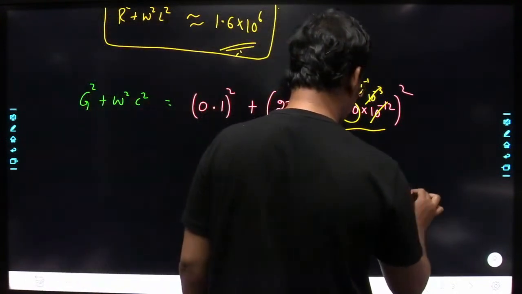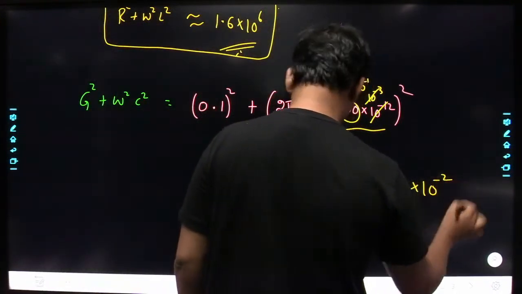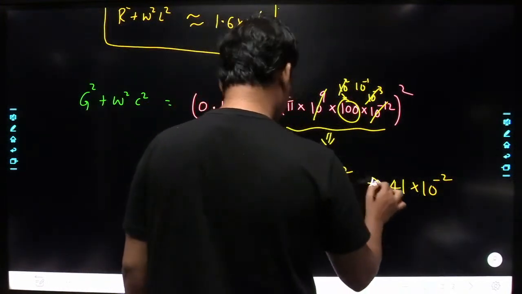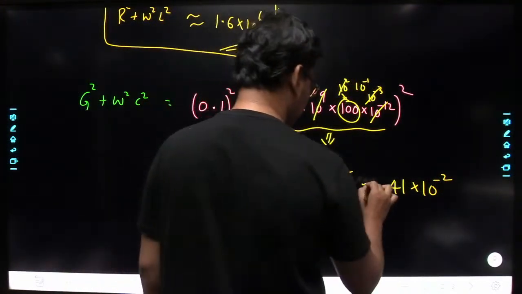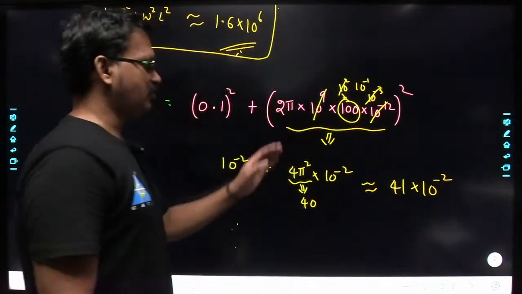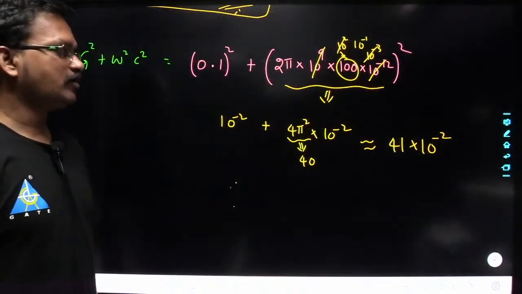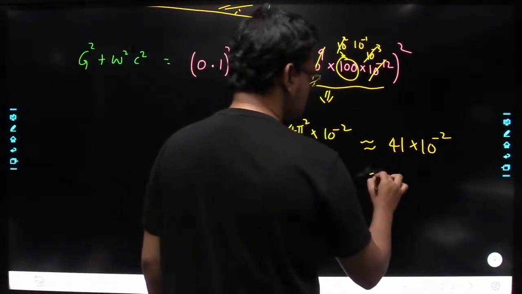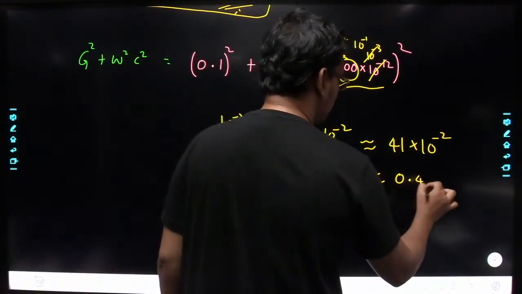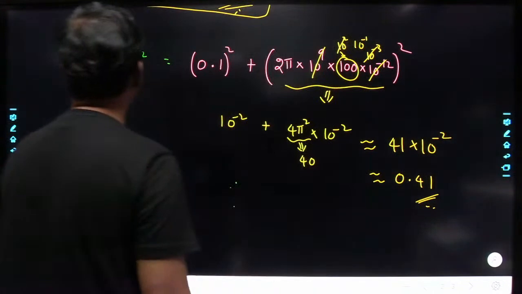So you will get 41 into 10 power minus 2. This is an approximate value. Why? Because I have taken pi square as approximately 10. So I am getting 41 into 10 power minus 2. This is nothing but 0.41. So therefore